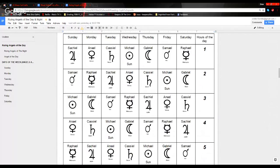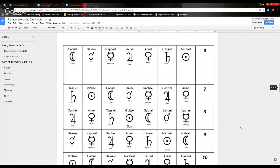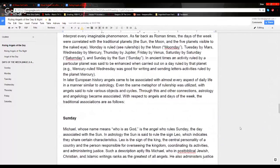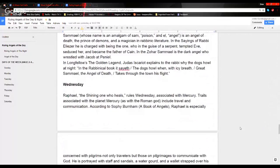So that's where we're going to determine, do we want to use day or night? And that would be depending on what we're creating. As you'll learn with certain talismans, it is to be created at night under a moon or under the sun. Those are the things you've got to start figuring out. Then you want to figure out, okay,